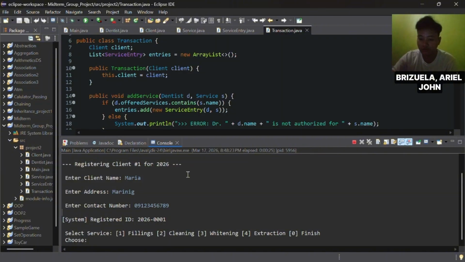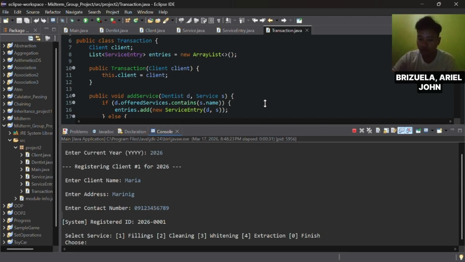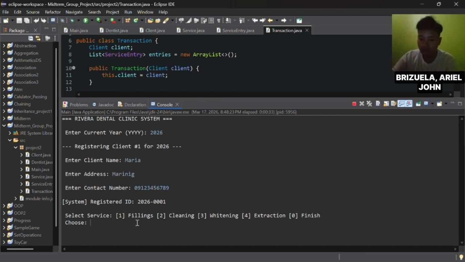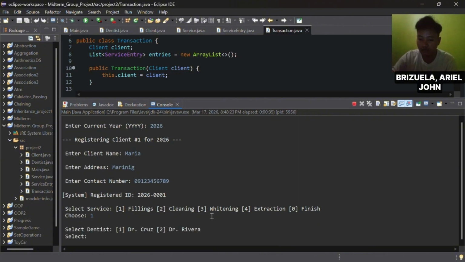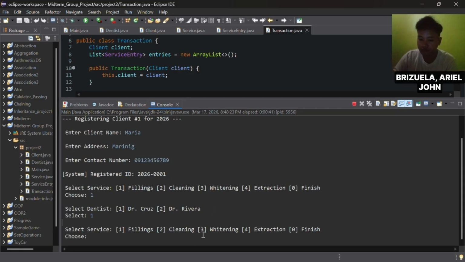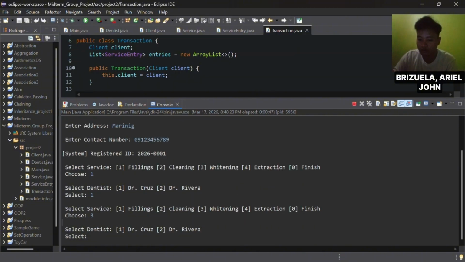Enter a service, say 1, and enter the dentist, say 1 for Dr. Cruz. And another service, say whitening, and Dr. Cruz.